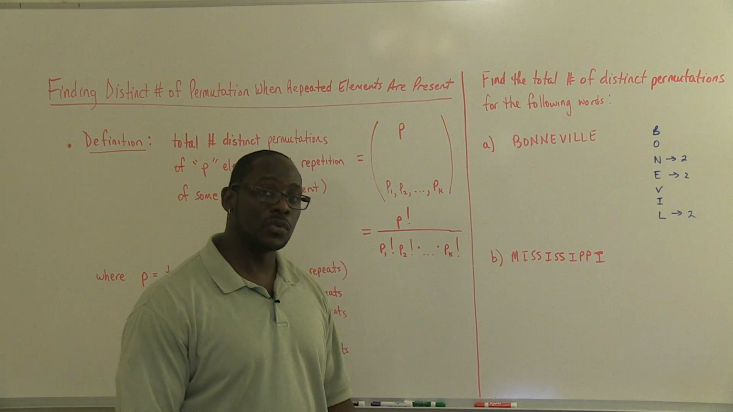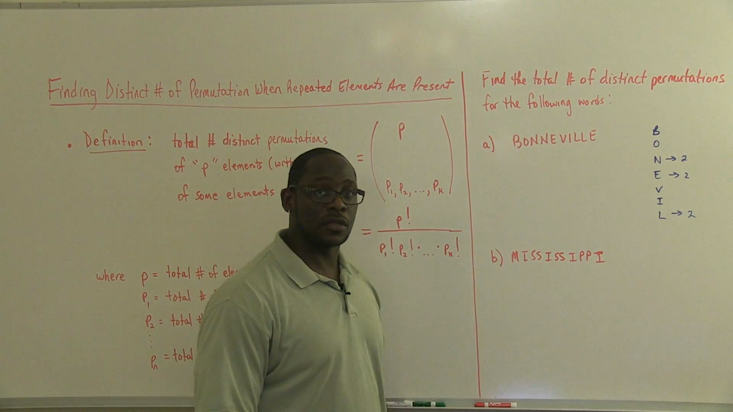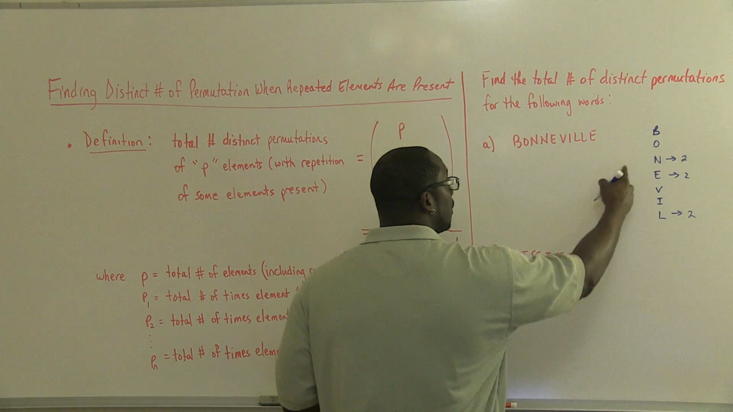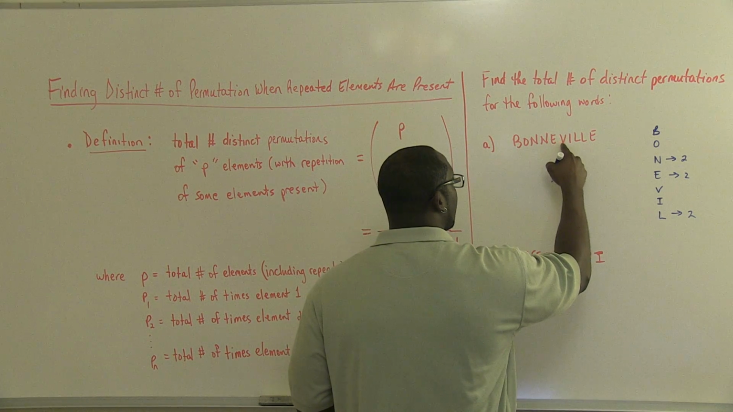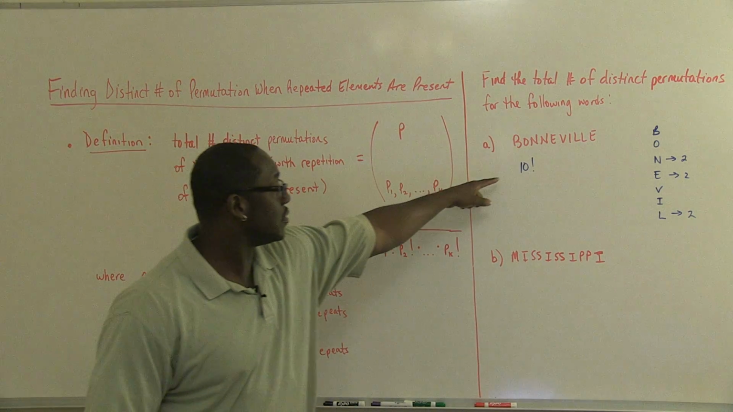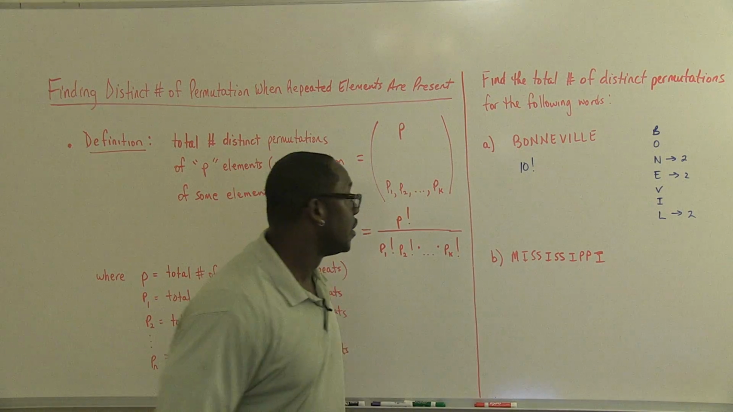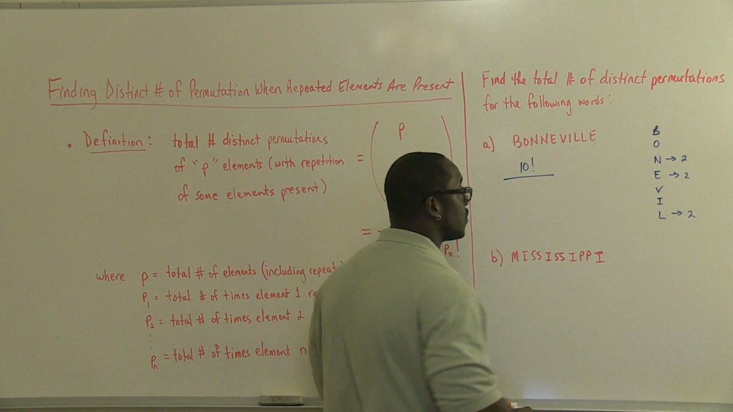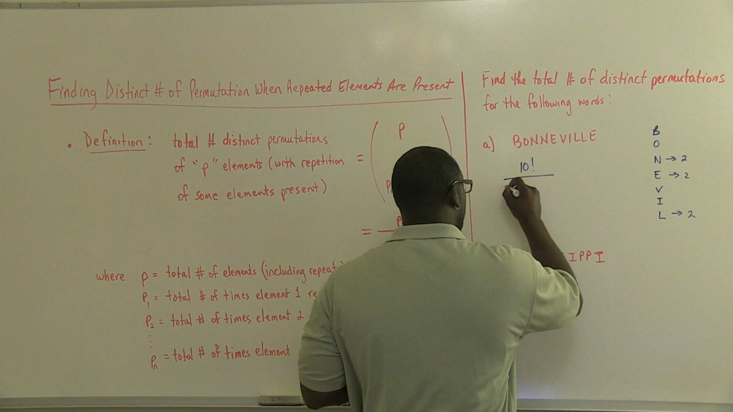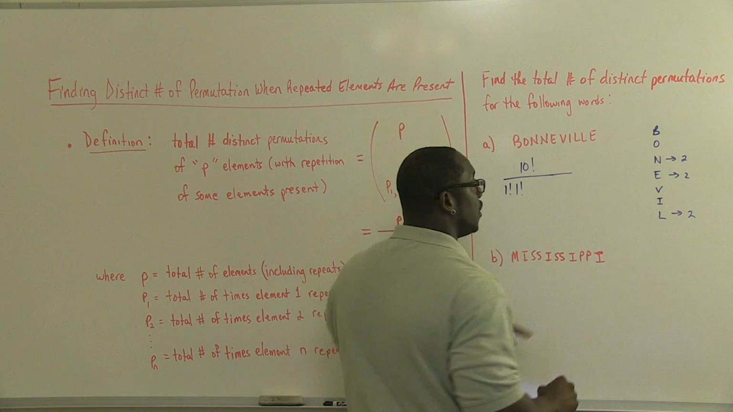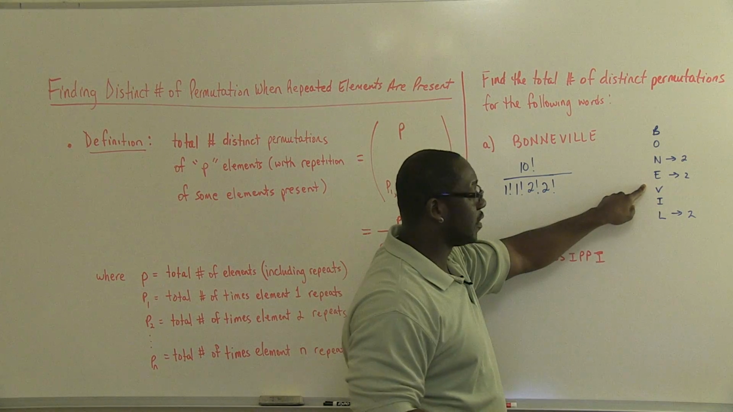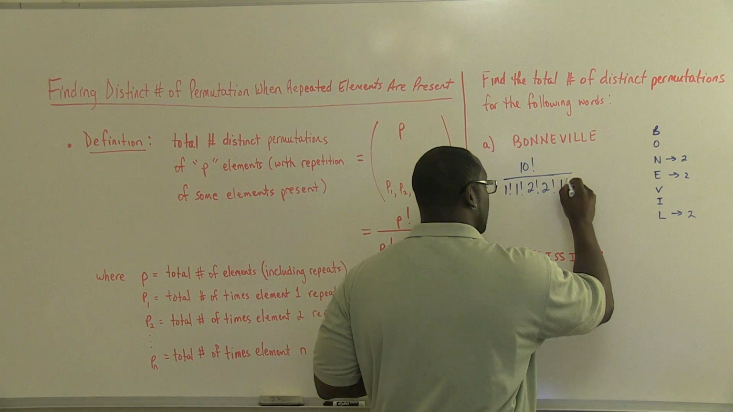If we wanted to know the total number of distinct permutations or arrangements of this word, we would say we have 1, 2, 3, 4, 5, 6, 7, 8, 9, 10 different letters in the word, and then we divide that by the number of repeats. The first letter only repeats once, the second letter only repeats once, so we have 1 factorial, and then our N repeats twice, E repeats twice, V and I only repeat once,